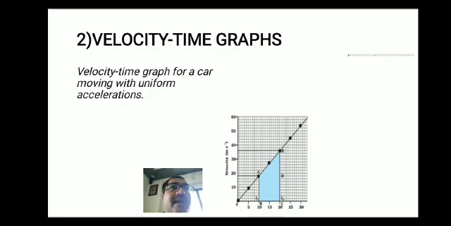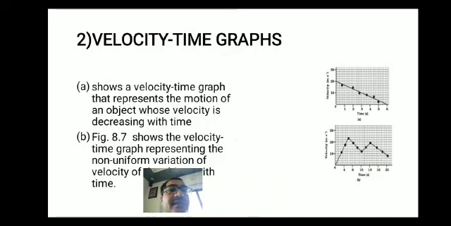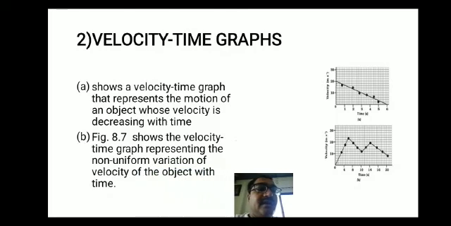It means for every interval, 5 kilometers in 1 second, the next 5 kilometers in 1 second, the next 5 kilometers in 1 second. So that is uniform velocity. It should be changing its speed, or we can say the velocity, in equal intervals of time. It gives a straight line. Then you can see these velocity-time graphs. These are the two. I told you in the definition, it is not always that speed or velocity or acceleration should be increasing. Sometimes it should be decreasing also.